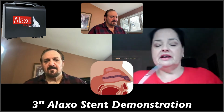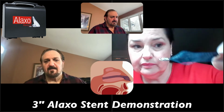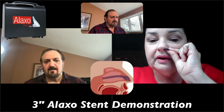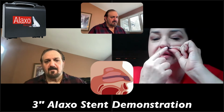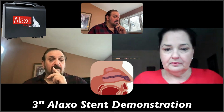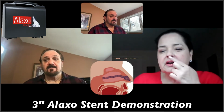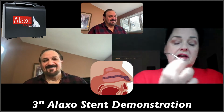When you insert this, it's going to feel kind of foreign, and a bit funny. You want to insert this so that the silver ball is sitting right at your nose, so you can pop it in there. That's how deep you want it to go. You don't want this bit to be back in your nostril. You want it right at the tip so that you can pop it into your nasal fold, hanging out from your nostril a little bit, so that you can almost see it. The first thing that you're going to notice is, when we are inserting it,